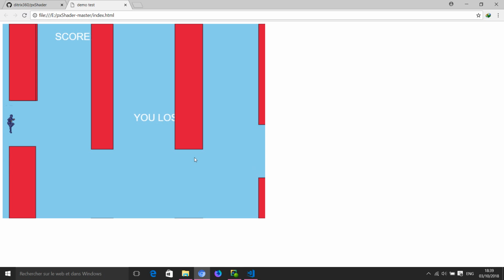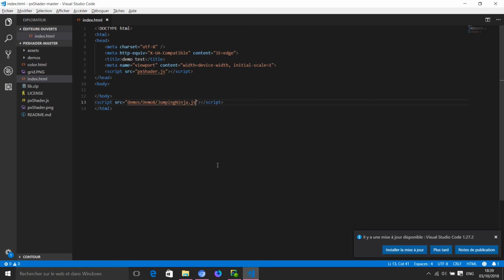I was supposed to fix it before releasing the demo, but actually I think you can do it. I just wanted to show you the possibilities using this library. So that's it. You can, by the way, try implementing other demos, since I've shown you how to do it.